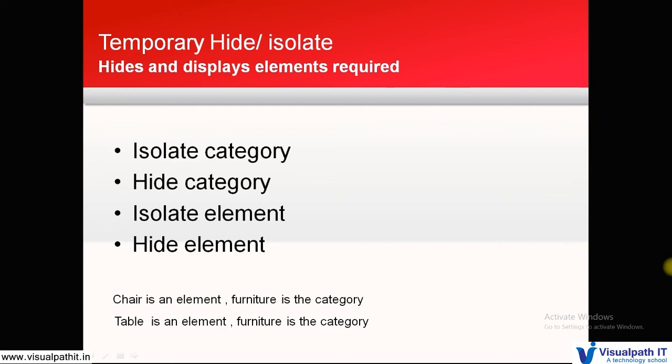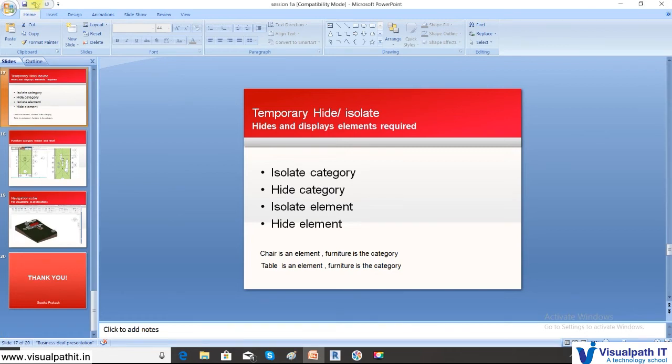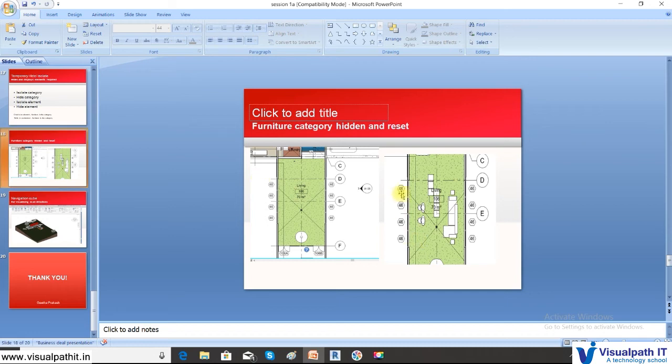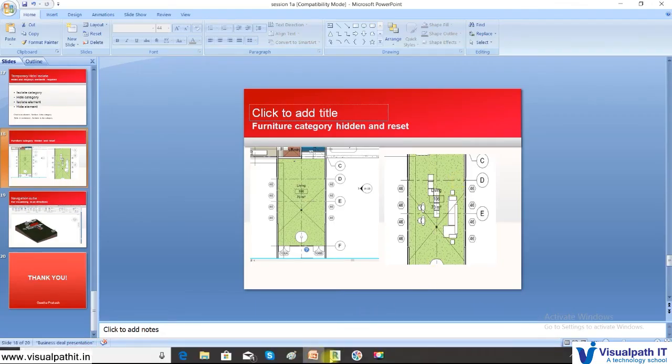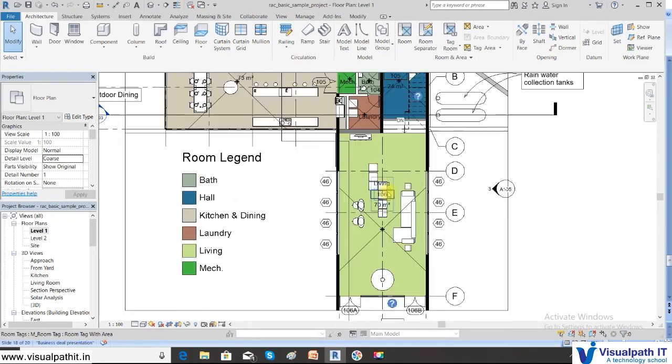Right? Walls. There are different types of walls. Doors. There are different types of doors. A 3-foot door, a 5-foot door. So door is a category. Each 5-foot door is an individual element. I hope you have understood. Let us see it on the system, on the tool. For example, here, if you see, I have used the furniture category. In this you see that the furniture category is hidden. In this the furniture category is reset. So we will see how it works in the tool now. Now let us take this, the same.